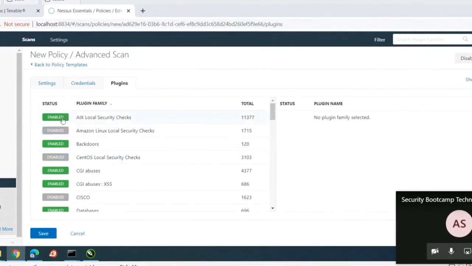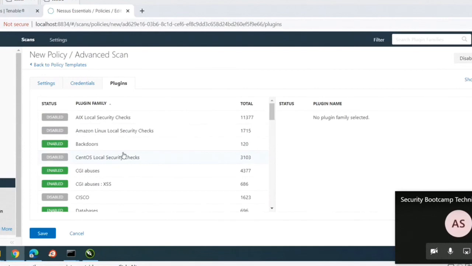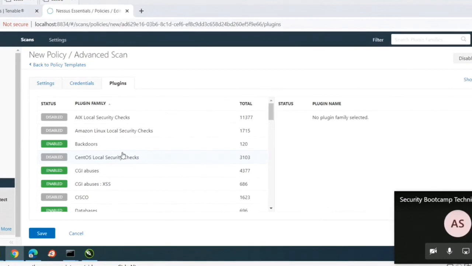CentOS I will disable, Amazon Linux and AIX. So I've just selected which vulnerabilities may be applicable to my Windows computers. Now the benefit of this will be my target system will not be checked against all these vulnerabilities, and it will save time for me. I have created a profile, right? So I'm going to save it now.